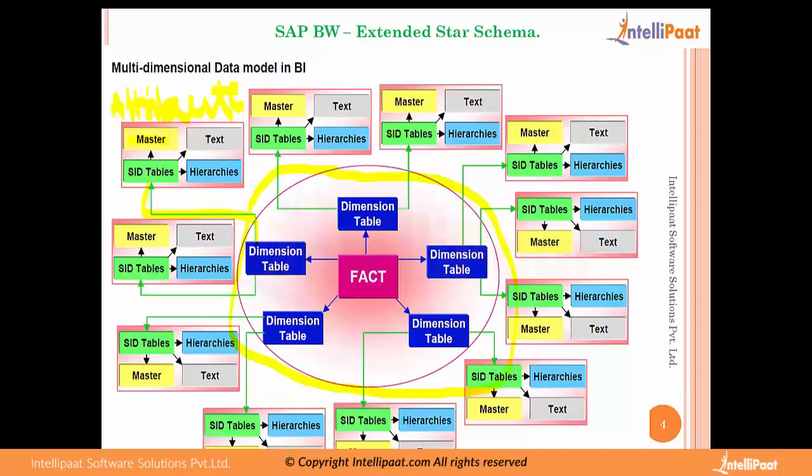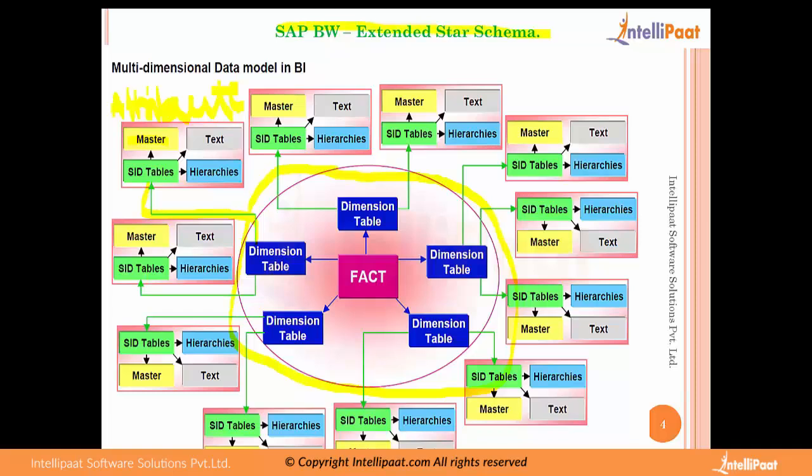Text is nothing but textual information about the dimension, like the language, name of the customer, name of the products, and product codes, or some more information can be taken up into the text. Hierarchy is nothing but a tree structure or tree flow, from the parent to child relationship. It used to be defined. All right, so these three are my master data information which is maintained under my extended star schema